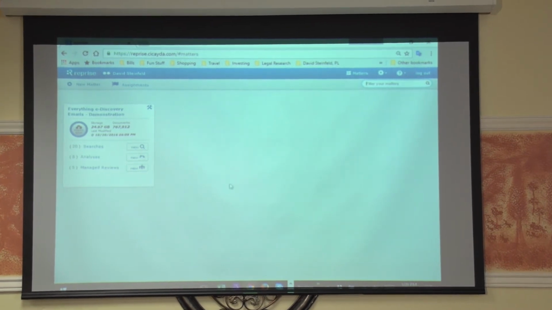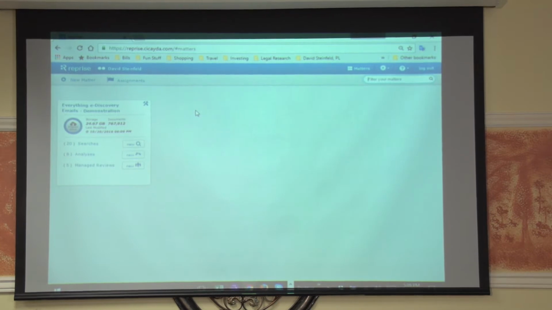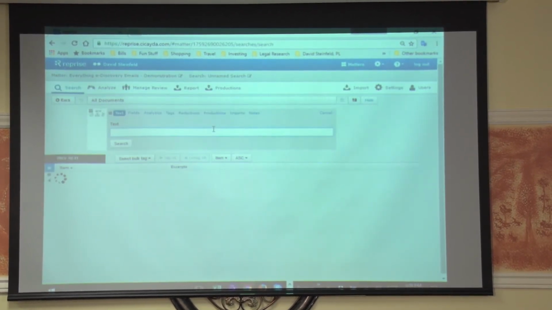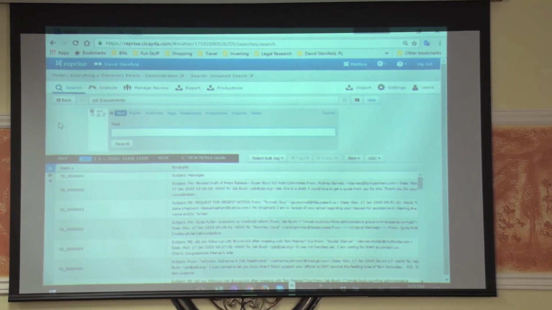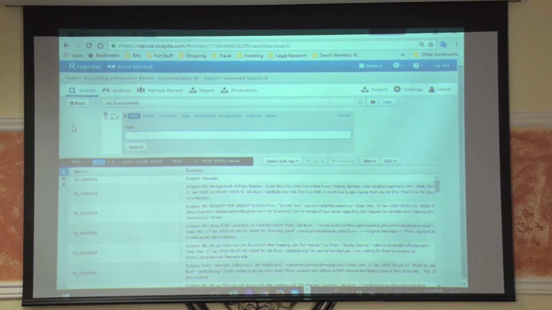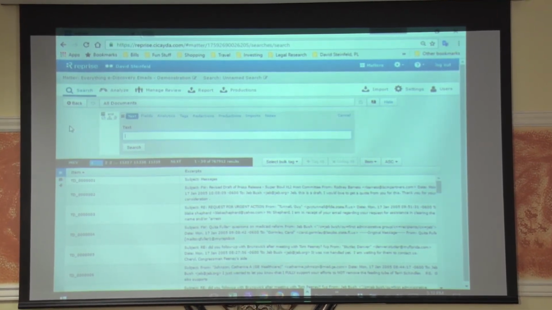Okay. So what we have is everything eDiscovery emails demonstration. That's our little project that has been set up for us. And here we are. You saw this screenshot before. This is our kind of dashboard or landing page for the actual search. So we're going to go into the search. Now we know